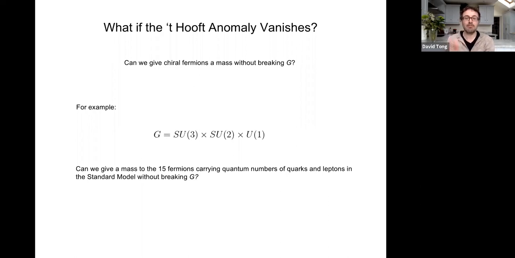Moreover, the representation of the fermions is anomaly-free. And it has to be anomaly-free because in this case, we've chosen to gauge the group G. And so the theory is only consistent if the anomalies vanish. So the question is,